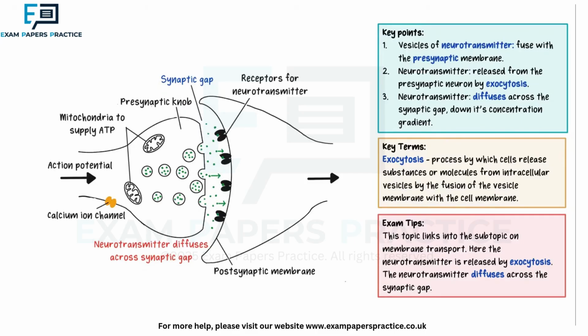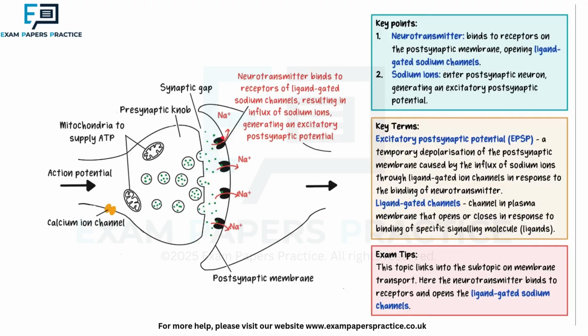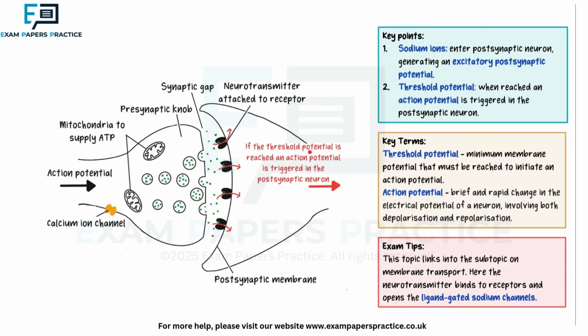When the neurotransmitter reaches the postsynaptic membrane, it binds to the complementary receptors. These receptors are the receptors of ligand-gated sodium channels. So, as the neurotransmitter binds, it causes the opening of the sodium channel, allowing the influx of sodium ions, leading to the generation of an excitatory postsynaptic potential, which is a temporary depolarization of the postsynaptic membrane. If the threshold potential is reached, an action potential is triggered in the next neuron, and so the impulse continues